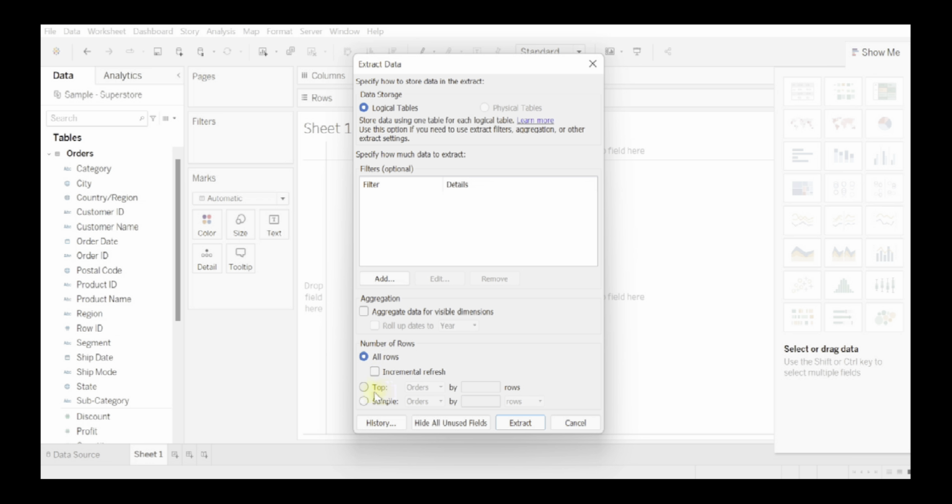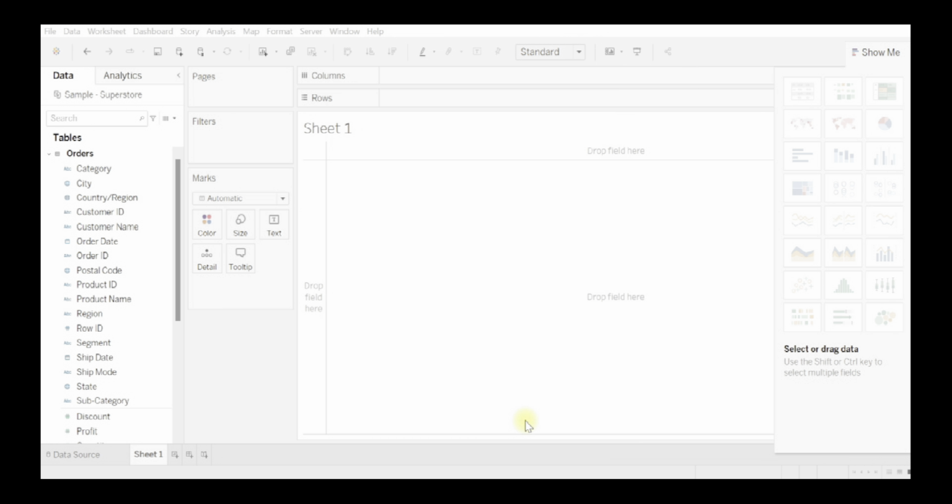If you want the top rows for any of the data set, you can click on top and select what table you want, orders, people, returns, and you can mention the number of rows. Same goes for sample, but now we want all the rows. So select all rows, click on extract, and it will ask you for a location where you need to store the data, and then you can store it and extract. Thus, these are the ways we can use extract for the data set we have used.